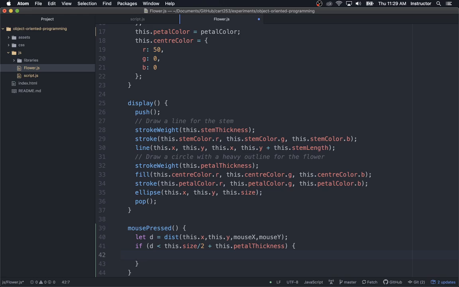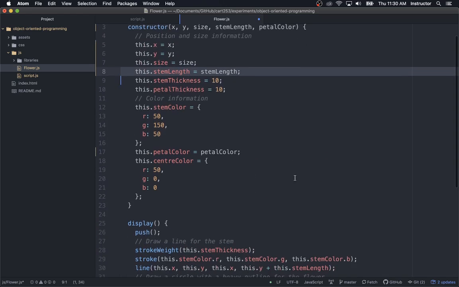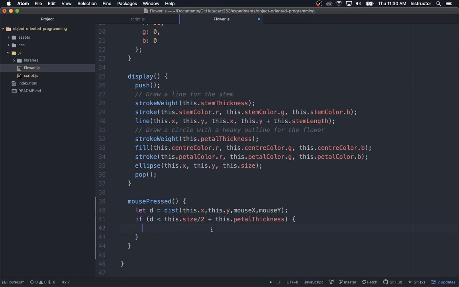So to do that, I want to change one of its properties, and in particular, I want to change the property called stem length, right? That's how long the flower's stem is, and I want that to get bigger. So I'm going to say this.stemLength, which is the stem length of the current flower, is assigned itself, the stem length as it is now, plus an amount. Just for ease of use right now, I'm just going to use a number here. It's going to get bigger by 5 pixels, okay? Now, if I leave it at that,